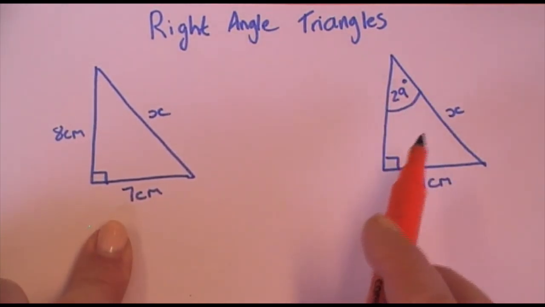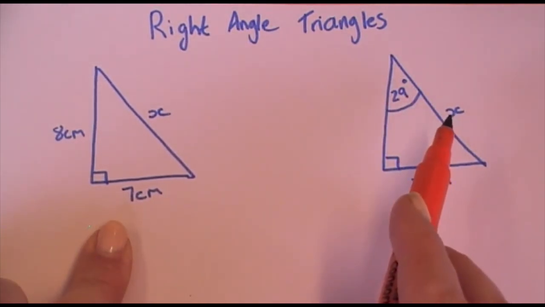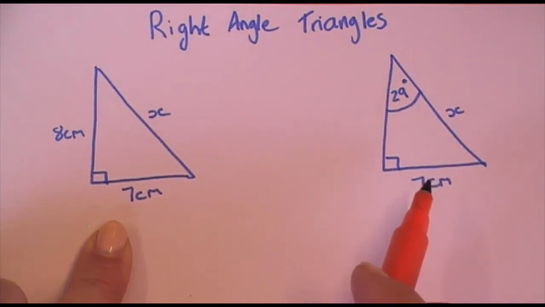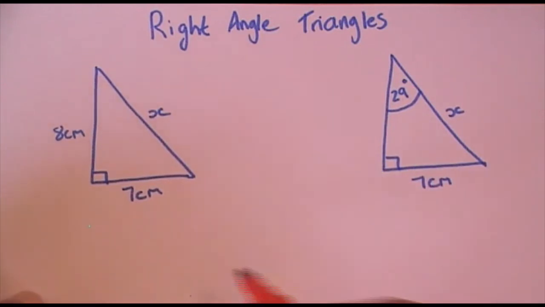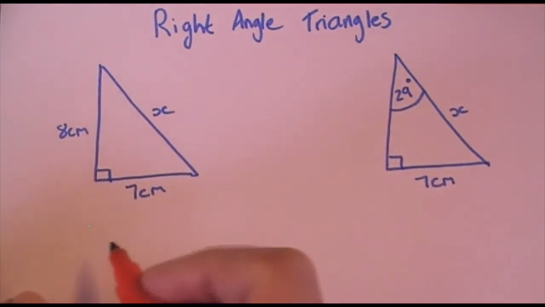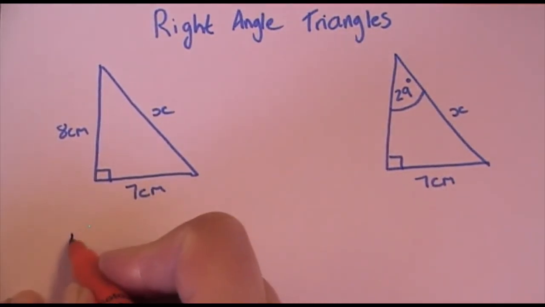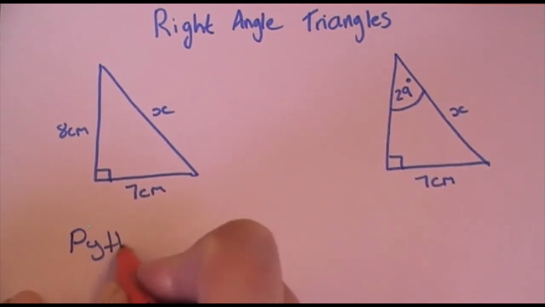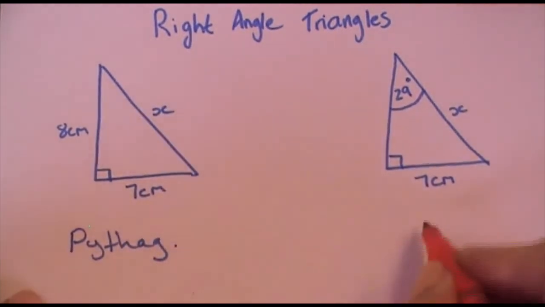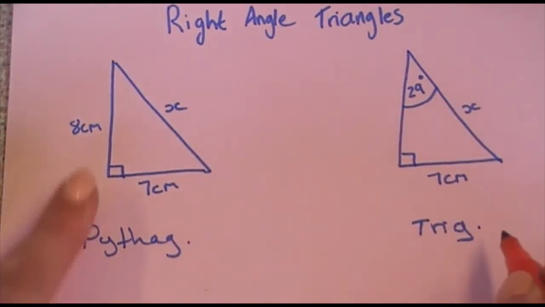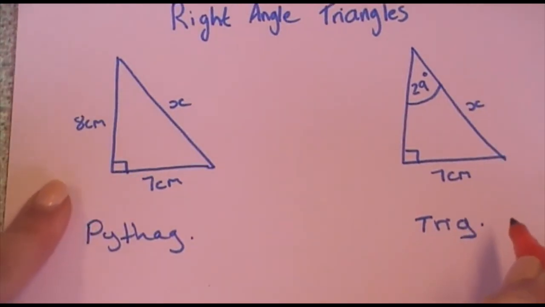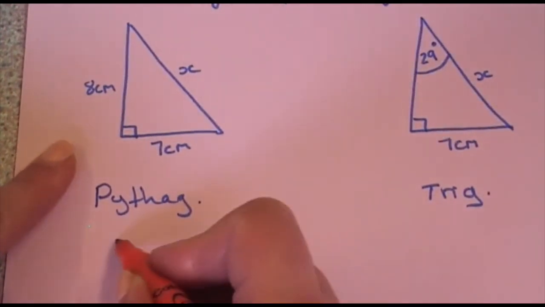For this one, I'm being asked to find a length. However, I've only been given 1 length and I've been given an additional angle. So when you get right angle triangles, it's important to identify whether you're going to use Pythagoras or whether you're going to use trig. Now, in this case, I know this one's Pythagoras because in order to use Pythagoras, you